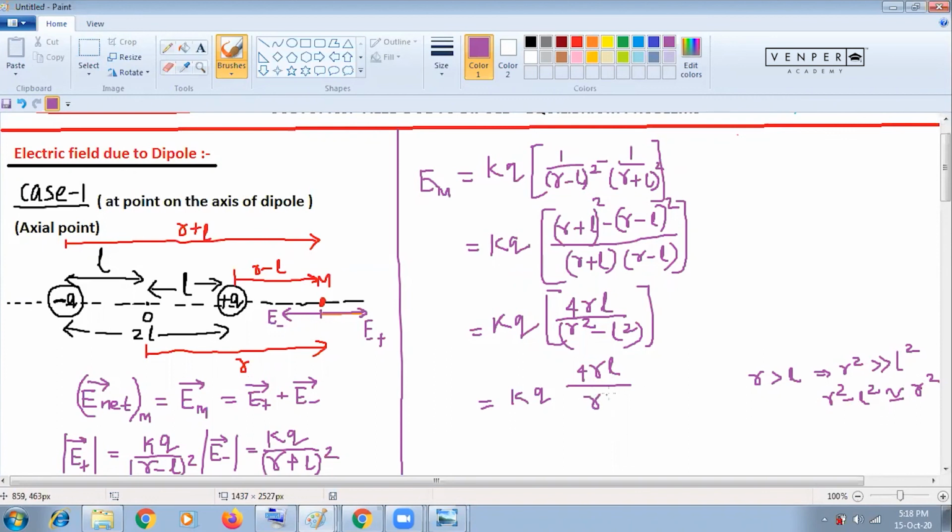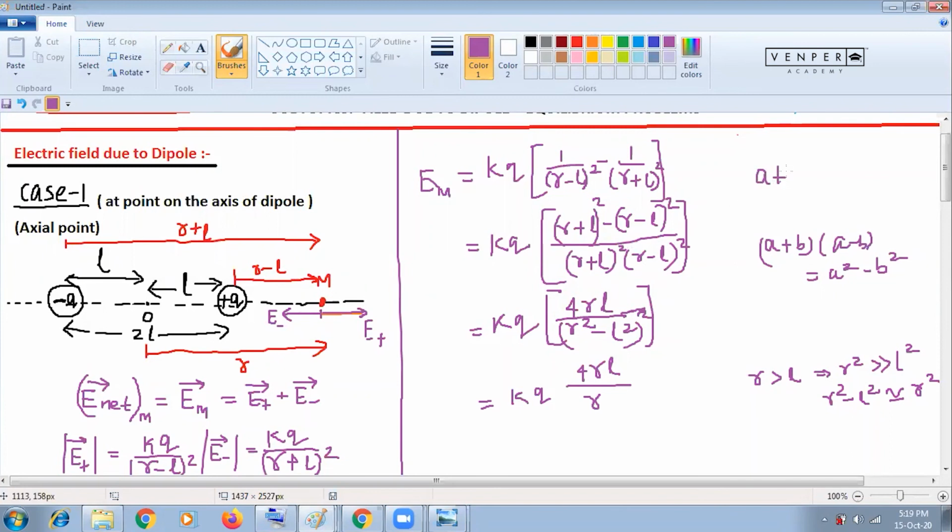Then down I can write, here one square is there, because it is R plus L whole square, R minus L whole square, so your square is there. If you are not understanding, again I am writing, you see, A plus B and A minus B, how much does it give? It gives A square minus B square. So down it is written the same thing, R square minus L square. Then whole square was there, so you keep the whole square as it is.